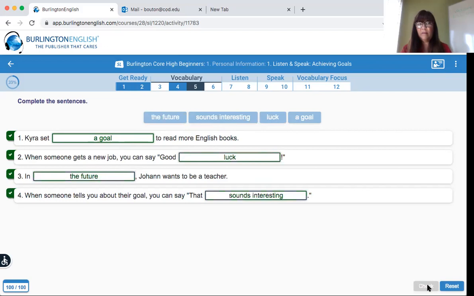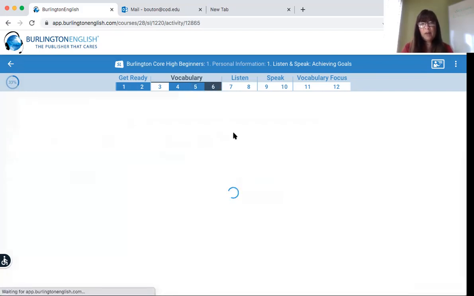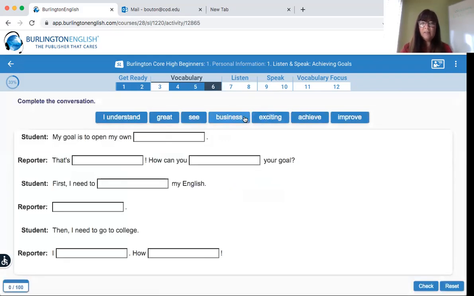Check again, all good. So now again, you see your score and you see how much you have finished. One more vocabulary exercise. And again, it's just dragging and dropping.